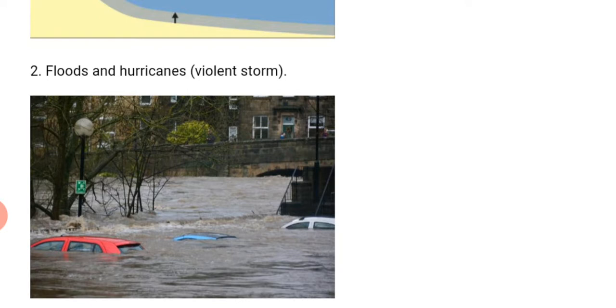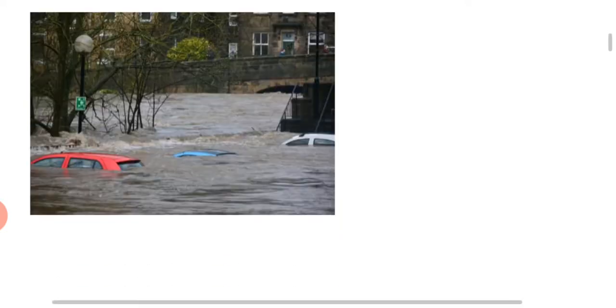You can see it submerge the vehicles that are on the streets. Even some people will not be able to sleep well in their house because it will wash away the people's property. And also it causes hurricanes, that is violent storm,